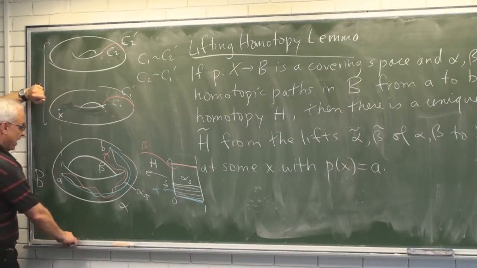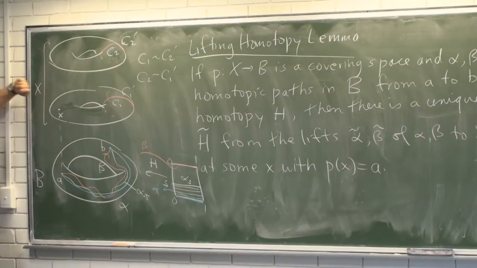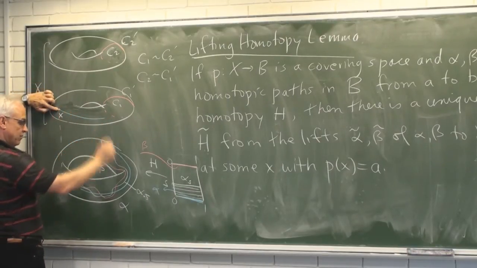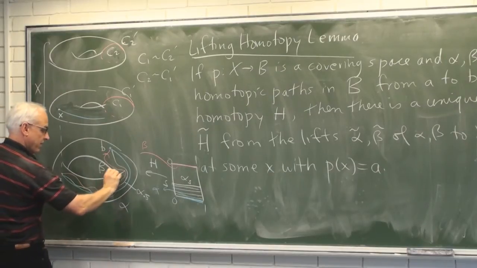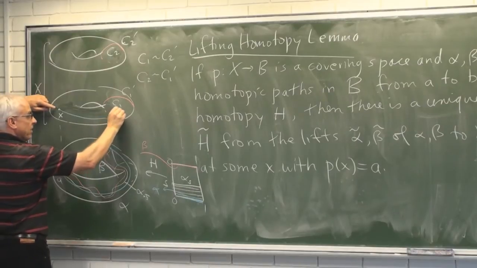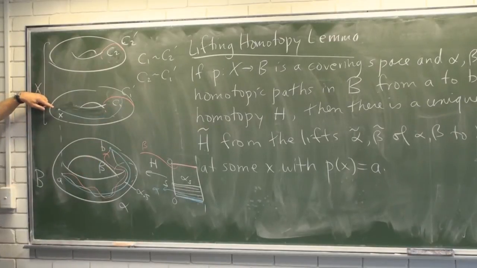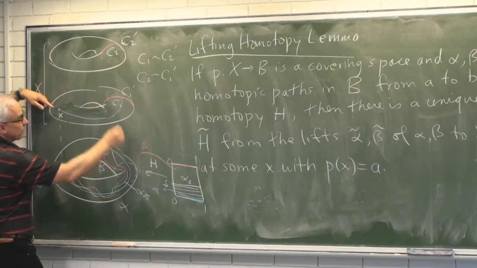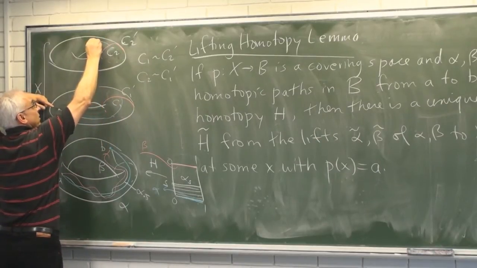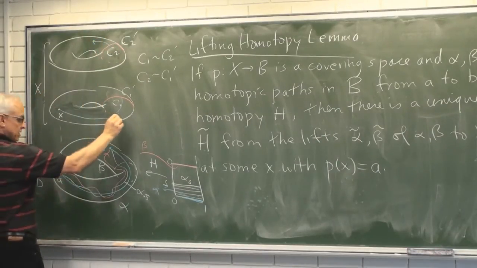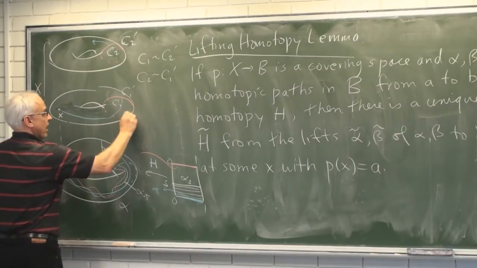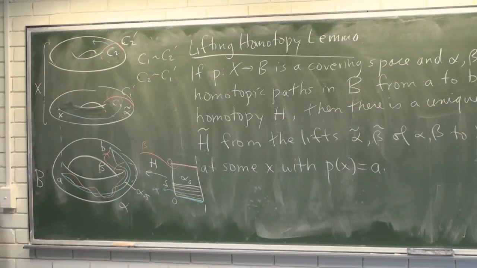So we can lift alpha. What's the lift of alpha going to look like? Well, I'll try to draw it reasonably faithfully. It's continuous, smooth up here. Here's the place where the image of the cut is. So we're going around here until we get to that point where the cut is, and then the lift will have to continue up along here. So this is the lift of alpha, in blue. There's alpha tilde, the lift of alpha.